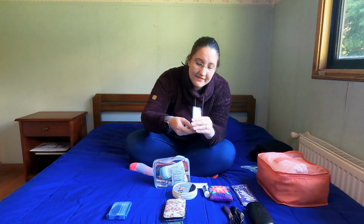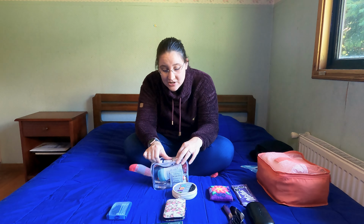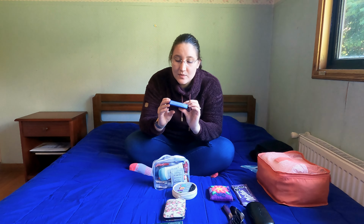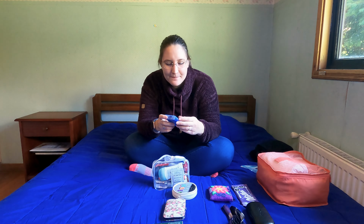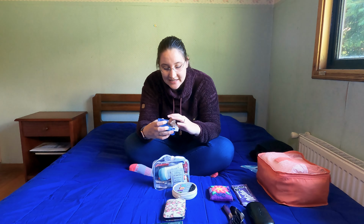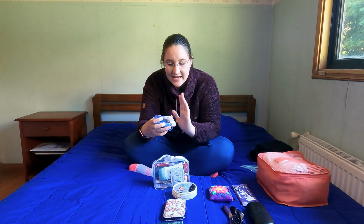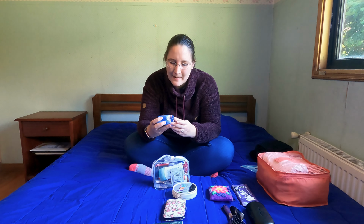And then I have my vitamins and ibuprofen. Just make sure bases are covered there. And then I also have this little case that you can get at Walmart. It has Q-tips in it. I used up all the Q-tips, and then I restocked half of the Q-tips, and on the other side I have a little Ziploc bag that has bobby pins and hair ties and extra earrings, and extra nose piercings,